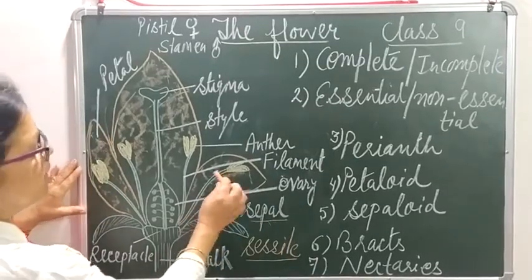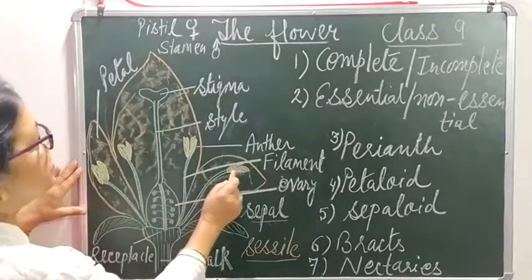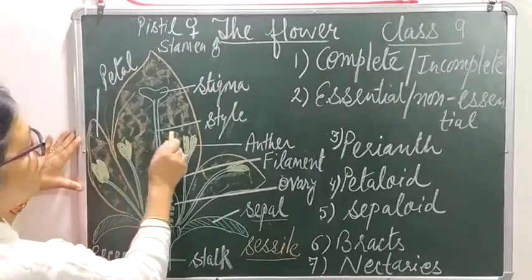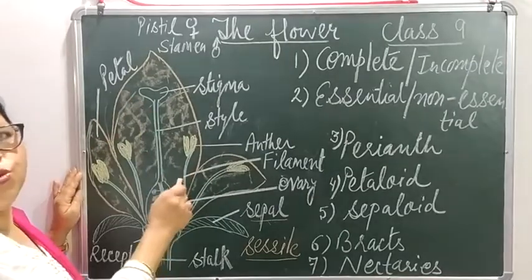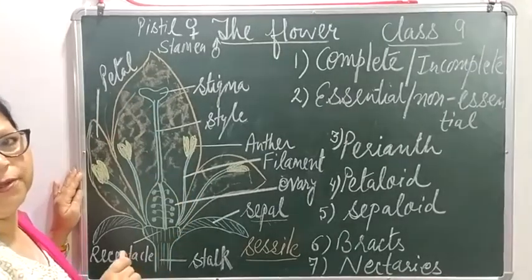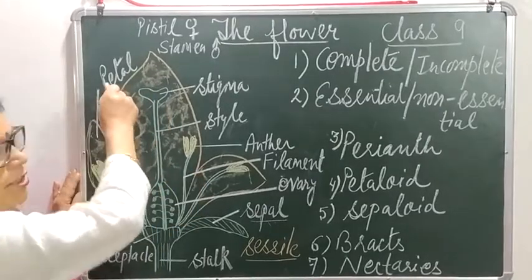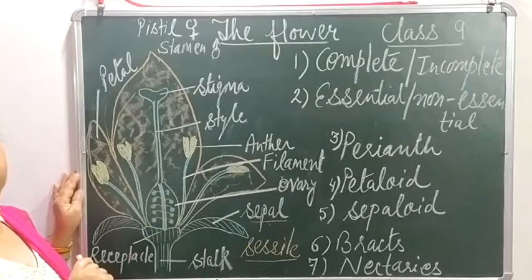The second part of the flower is the colored part. Now you can see this orange colored part. This is called the petal. Here in this flower you can see 3-4 petals. The petal is the colored part and the most attractive part of the flower. Now what is its function, since it is the colored part? Its function is to attract insects for pollination.